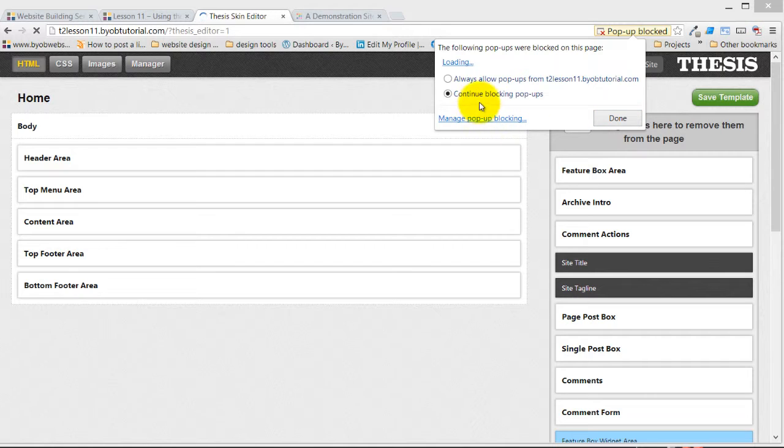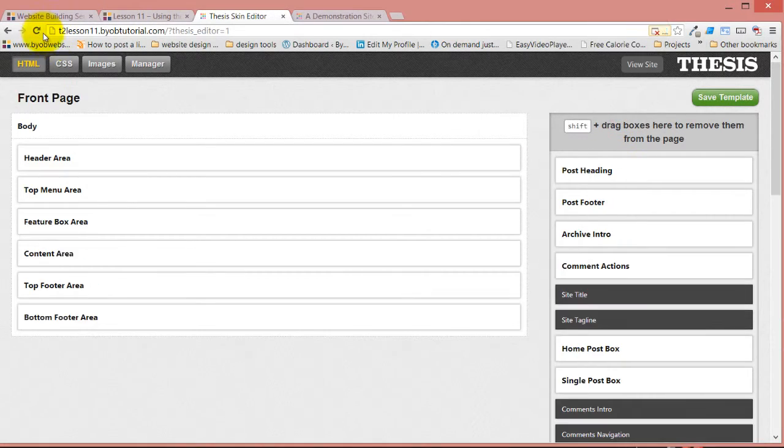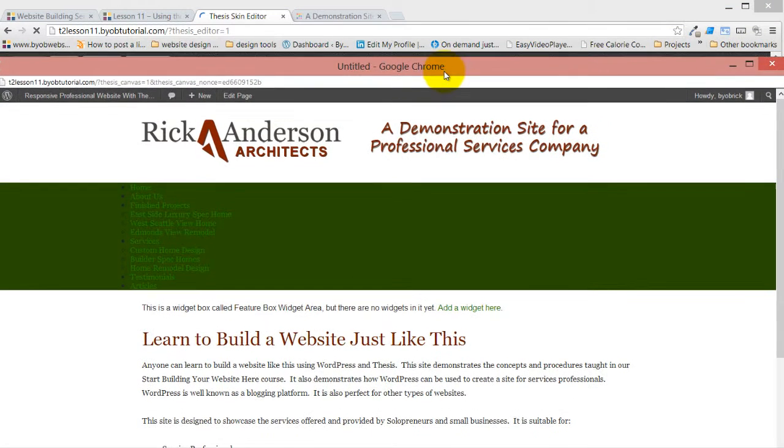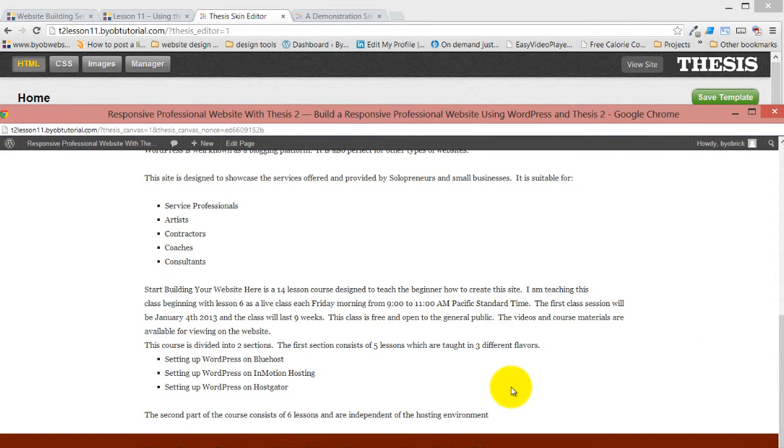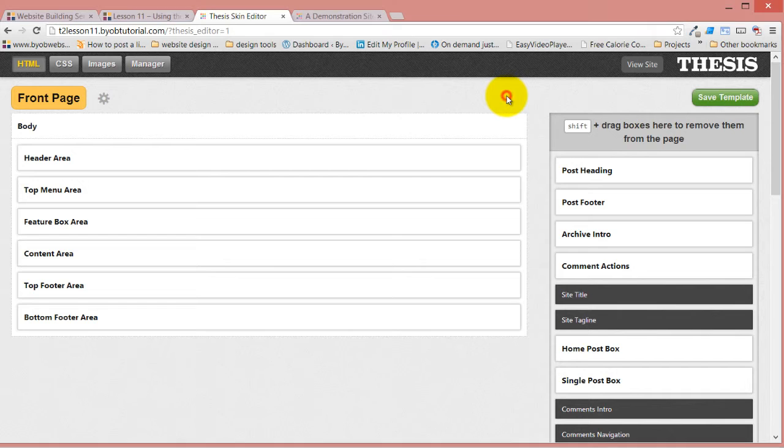Allow pop-ups. Try that again. So I have my canvas coming up. Something new that's coming in Thesis 2.04 is this handy little button that brings up the canvas instead of it automatically coming up when you refresh. Okay, so if we come over to the CSS,